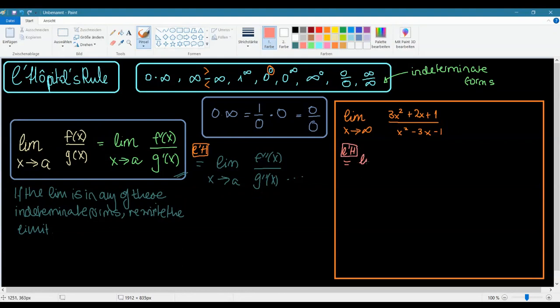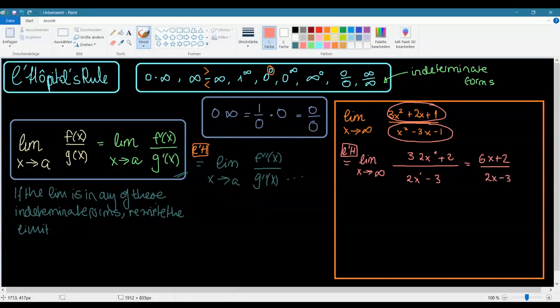We can make this the limit as x approaches infinity of the derivative of this, which is f of x, in this particular case we're calling it f of x, over the derivative of g of x, which is the denominator. Well, that's going to become 3 times 2x to the 1 plus 2 over 2x to the 1 minus 3. I don't need to write that out. That's the same as saying 6x plus 2 over